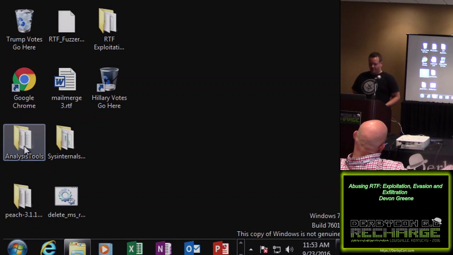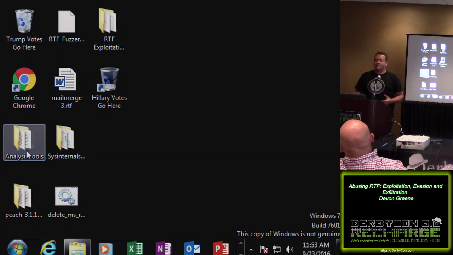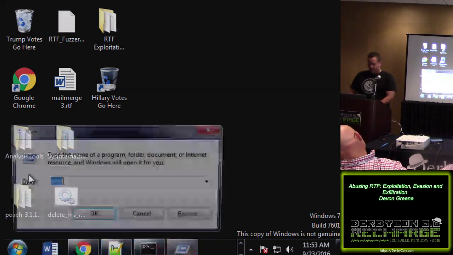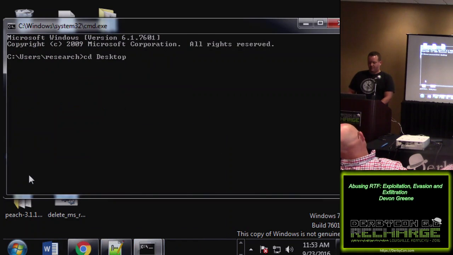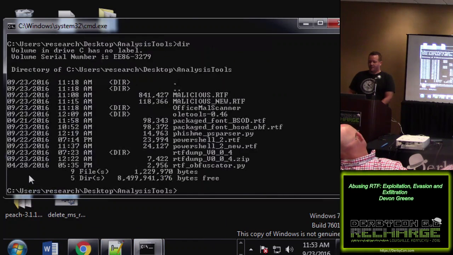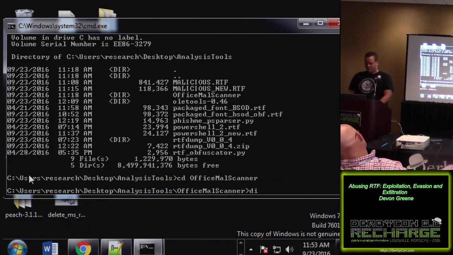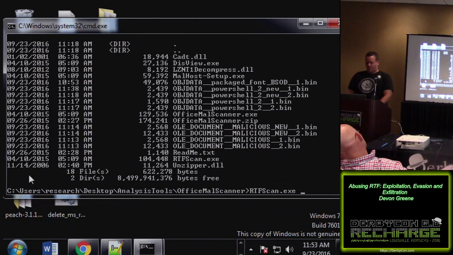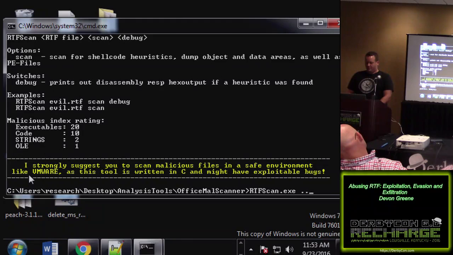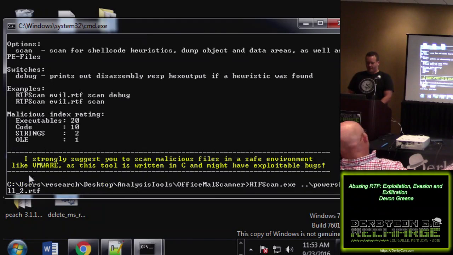Two things here, just to demonstrate the effectiveness of evasions. I'm going to take a popular tool called RTF scan. Not sure if those of you are familiar with this tool. But basically, we can go ahead and scan